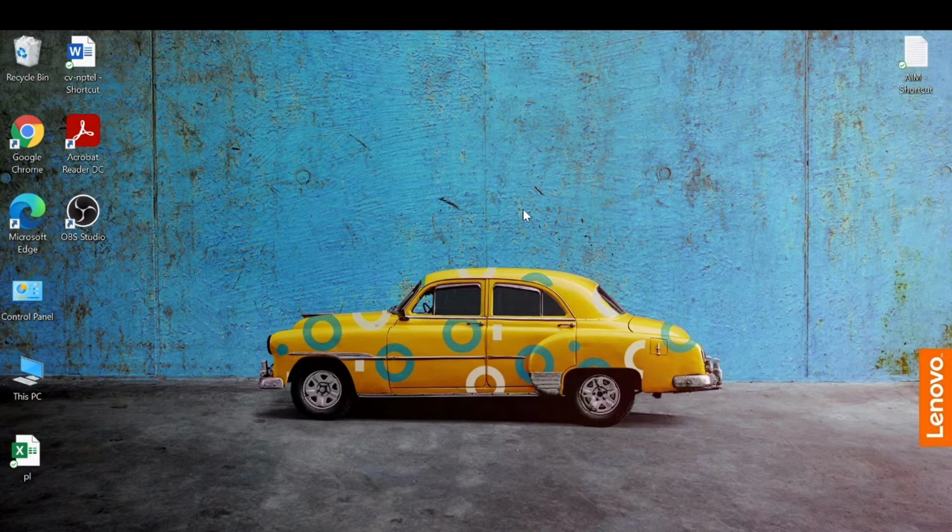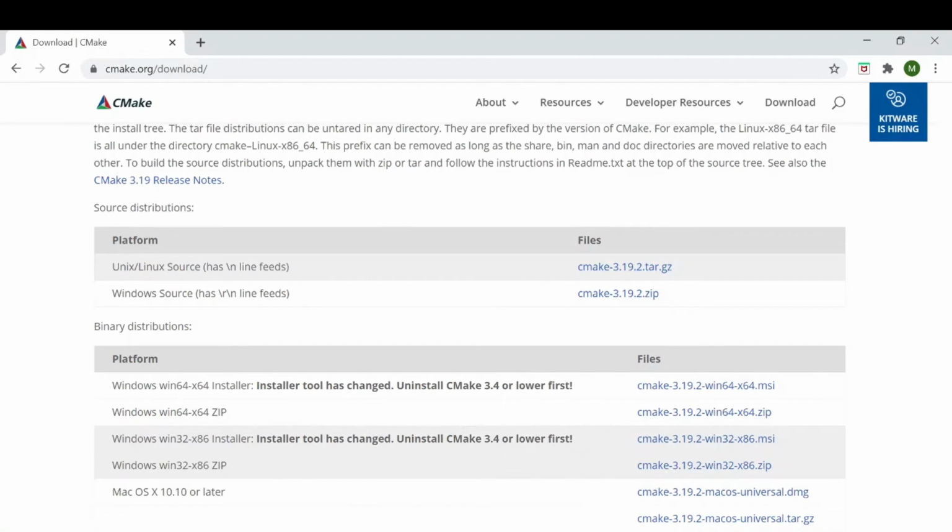Now the next thing that we need to install is CMake. For that we'll go to cmake.org/download. From here we'll click on the MSI version installer. Since our system is 64-bit, we'll click on it.